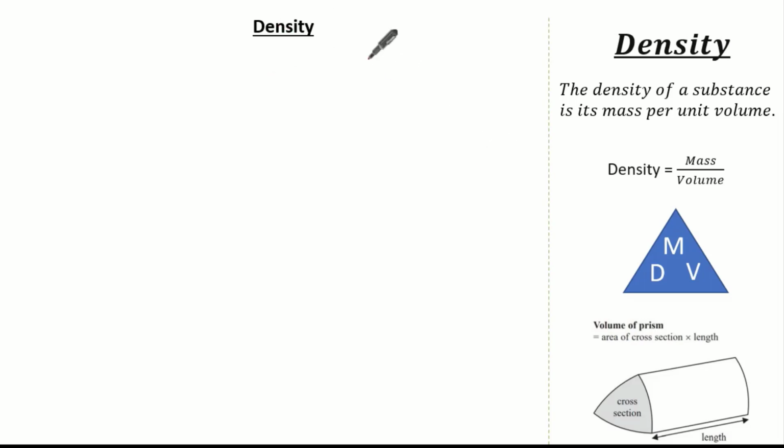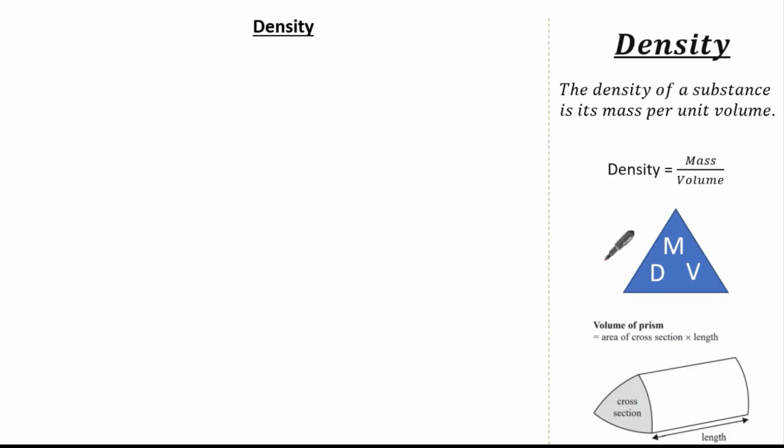Now let's have a look at the definition of density. Well, the density of a substance is its mass per unit volume. And the formula is simply mass divided by volume. Now for compound measures, it's always good practice to remember these triangles as they inform you of three formulas in